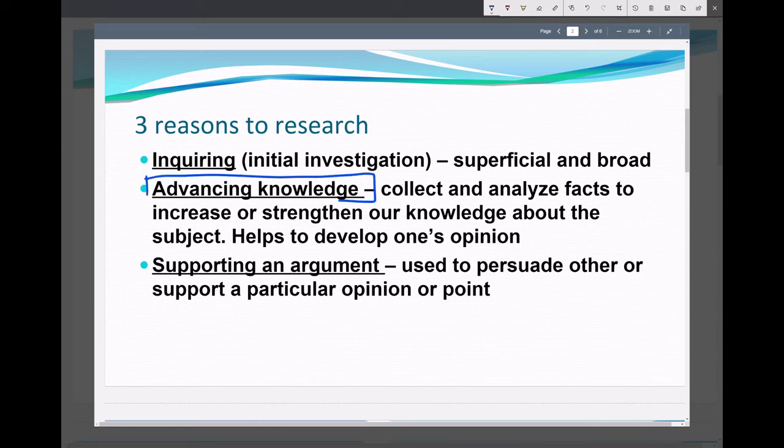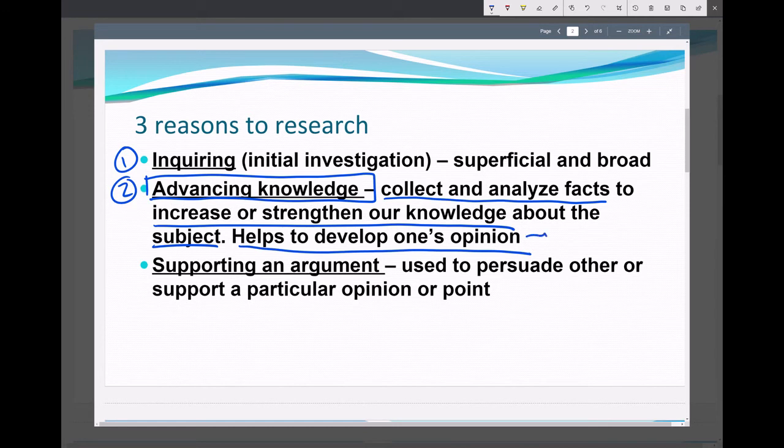But there are others, and maybe you move on to the next step and you want to know more. You want to collect and analyze facts about, let's say in our example, the computers, to really know the products and really know about laptops, in order to develop your opinion. So if you, as a consumer, want to know what's the best to buy, what's the best value.